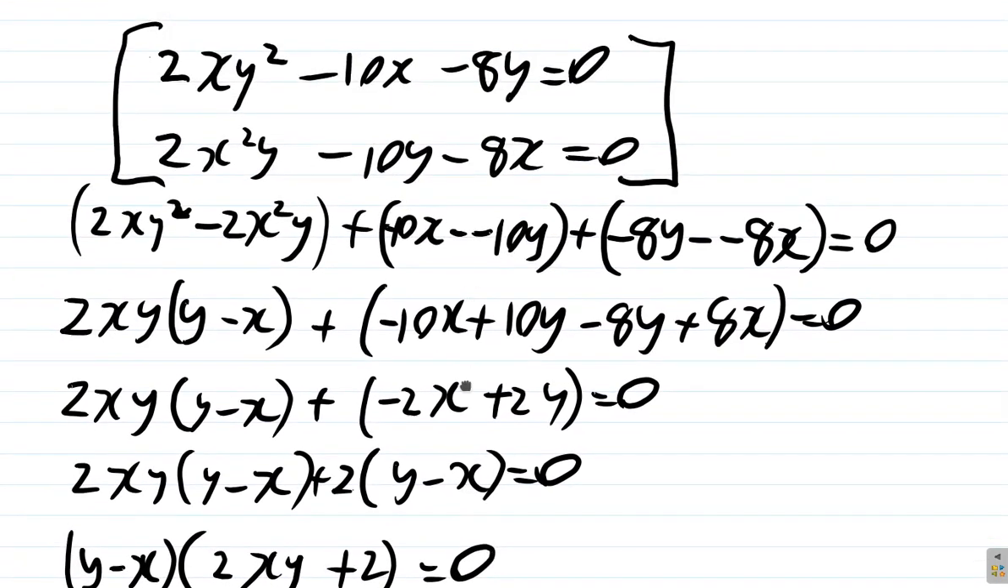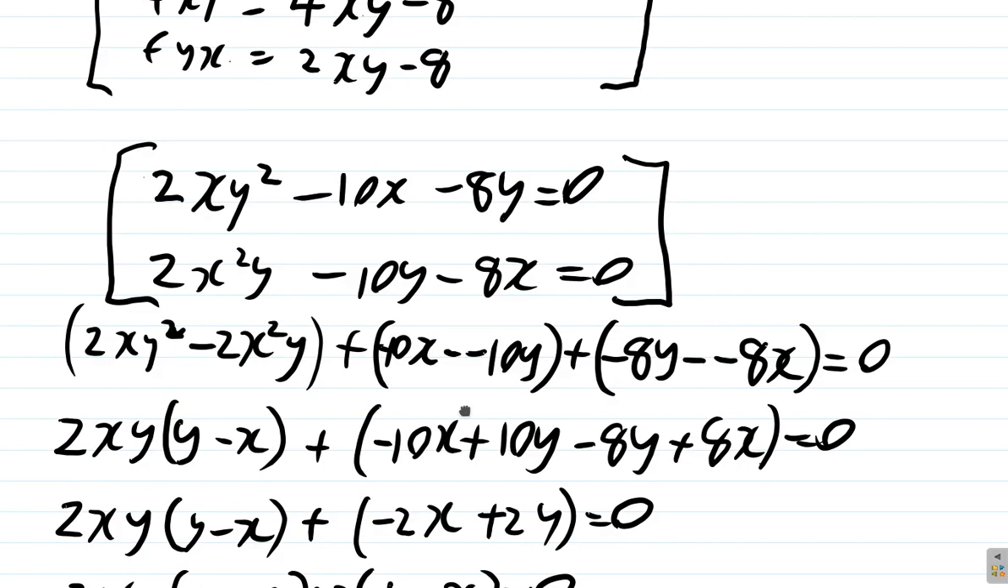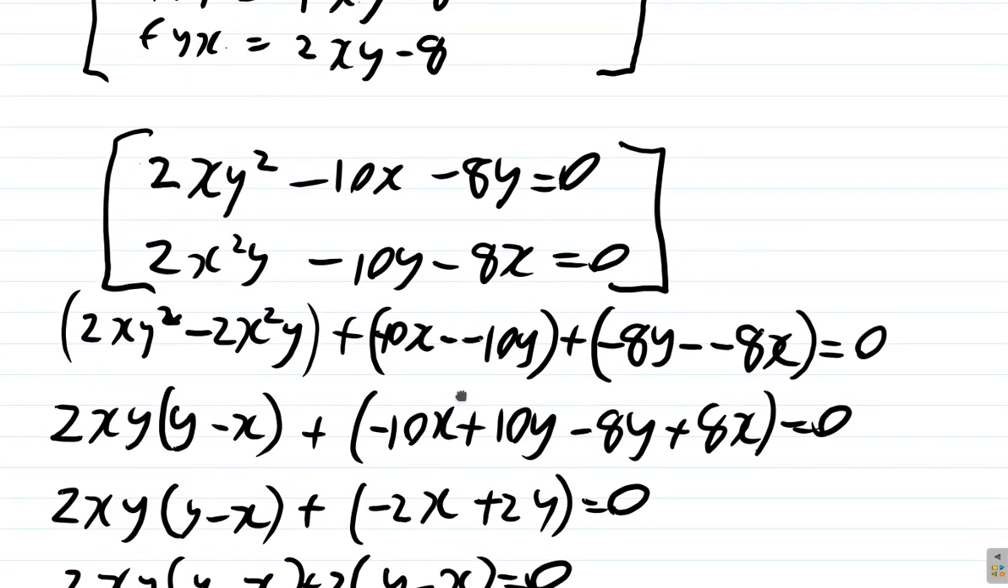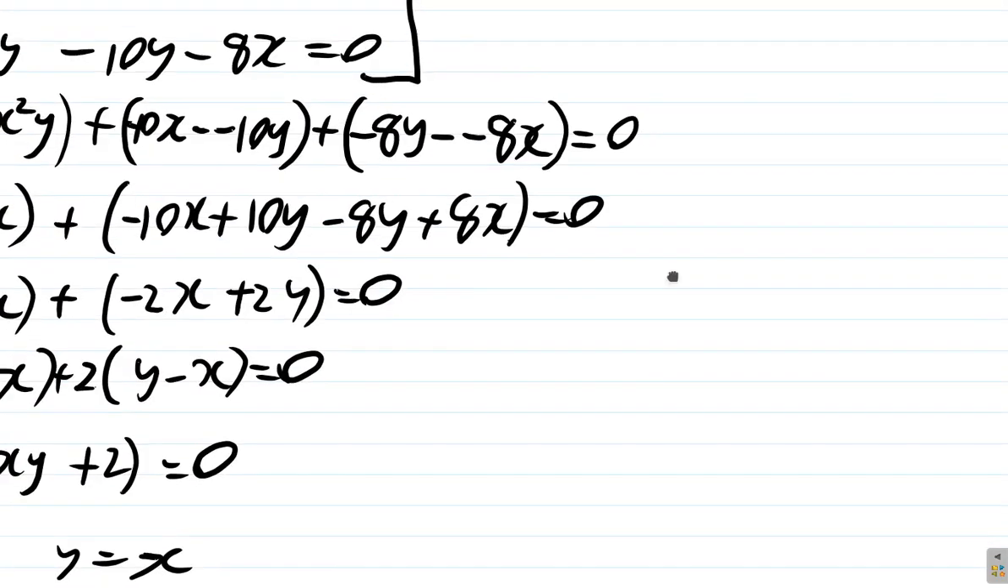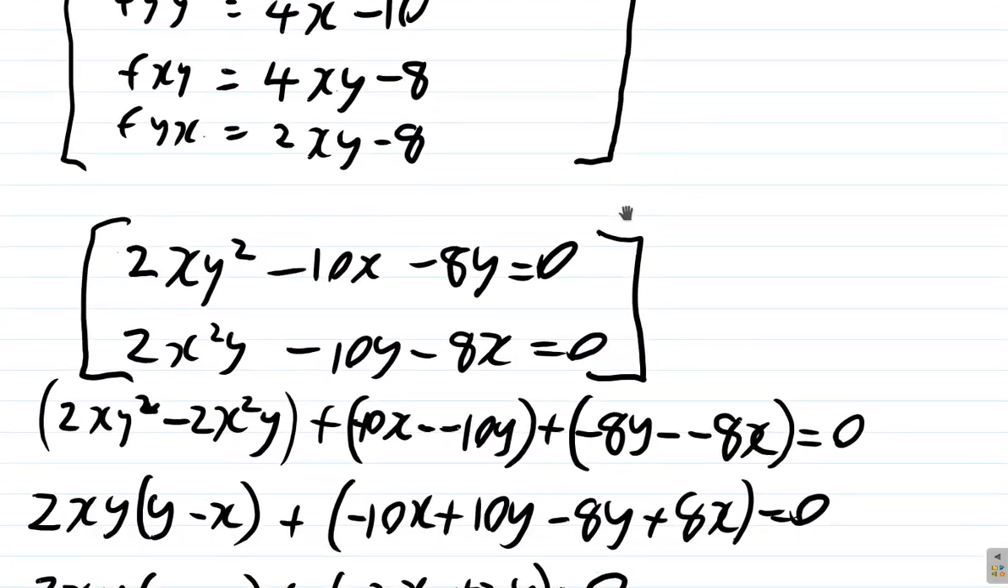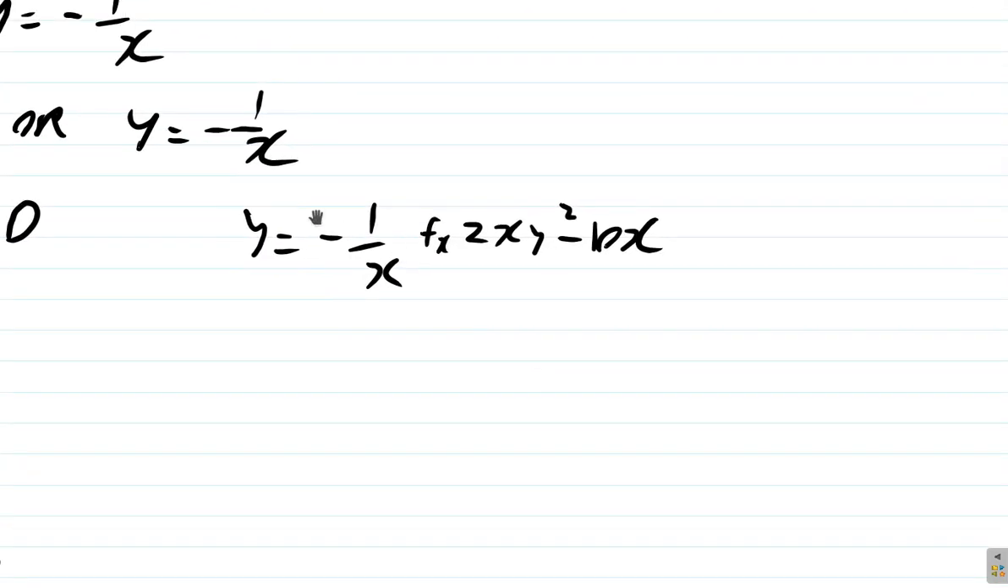2xy squared, right? 2xy squared minus 10x. So we have 2xy squared minus 10x. This was fx, right? That's fx. 2xy squared minus 10x minus 8y equals 0. Alright? This is